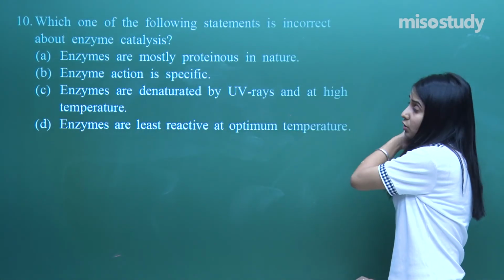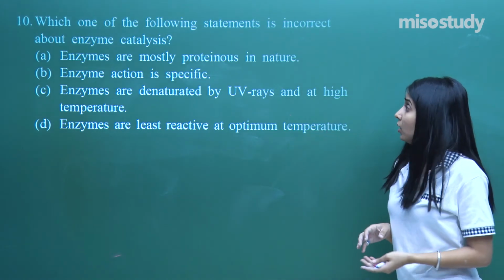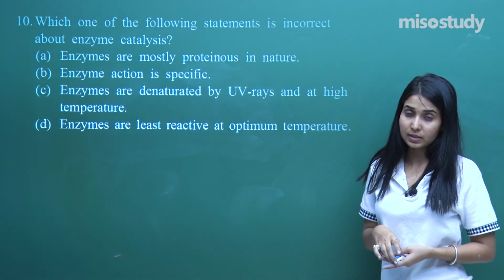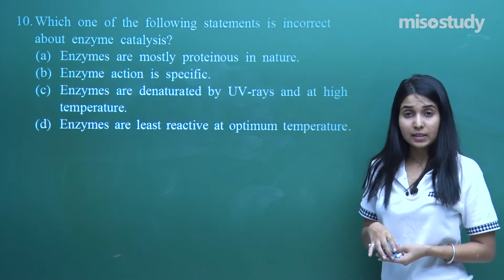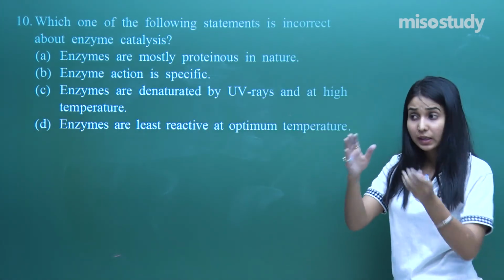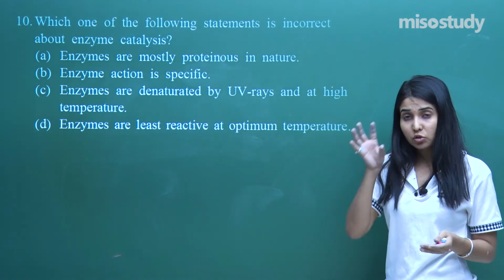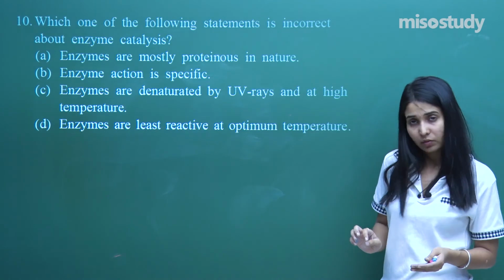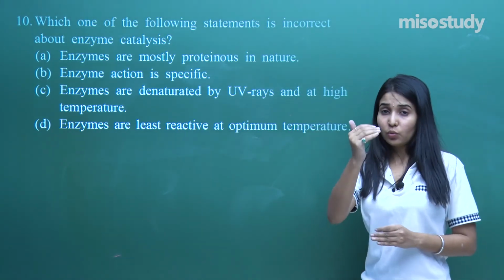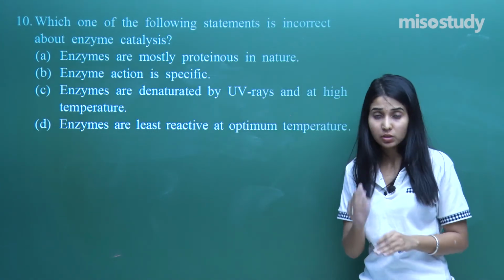Coming up to the last question of my JEE Mains. It says, which one of the following is incorrect about enzyme catalysis? Now we have done the enzyme catalysis quite in detail. We have discussed how it is done, how enzyme and substrate lead to the formation of the enzyme-substrate complex, which further breaks down to form enzyme and the respective product, right? We have done the mechanism. Apart from that, we even discussed the specific characteristics of enzymes, how they work, what the conditions are and what happens.